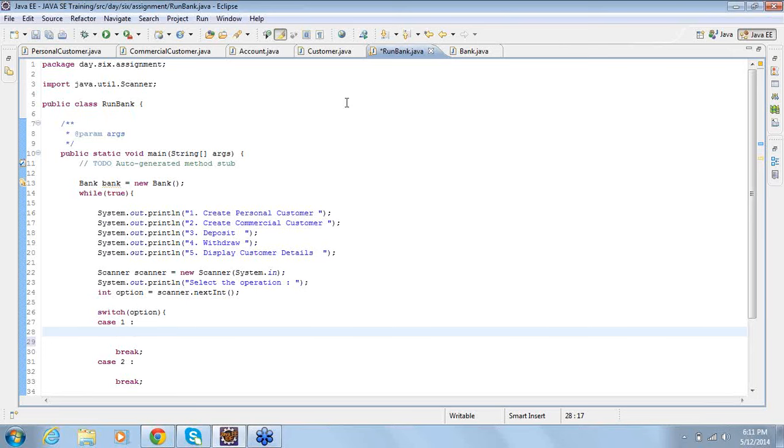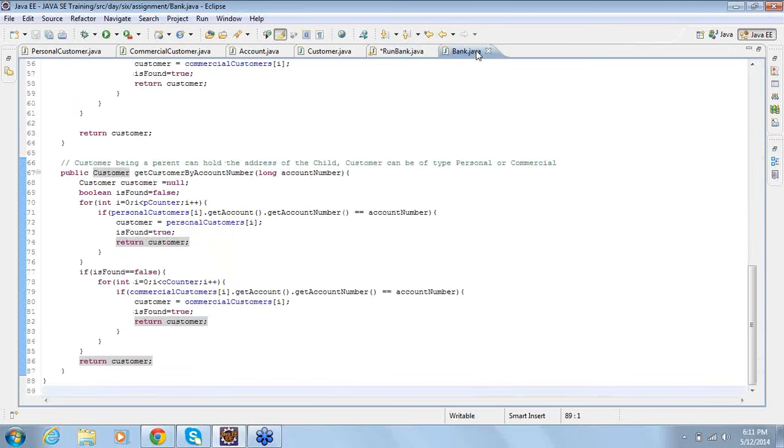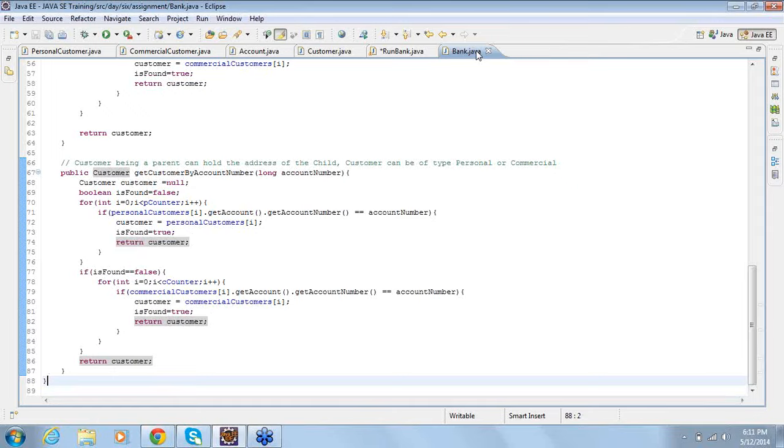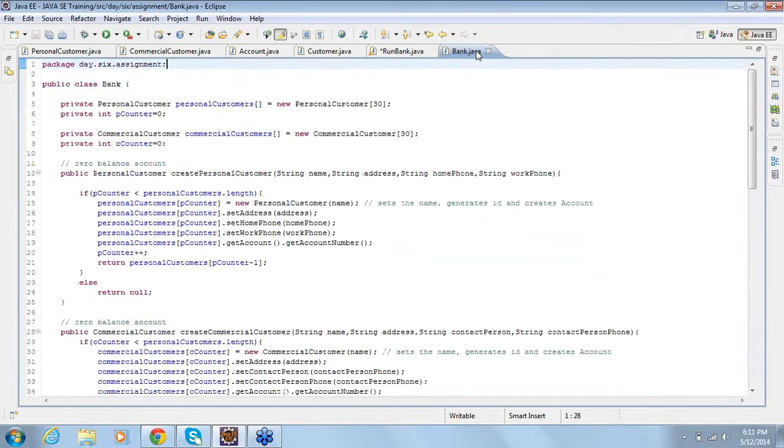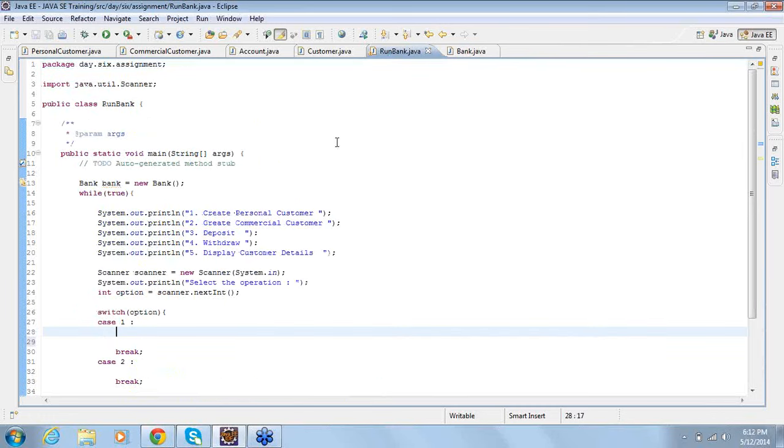So if you look at the bank class again, then there are two methods, personal customer and commercial customer. It needed arguments like name, address and home phone and the work phone. So let me ask for it.